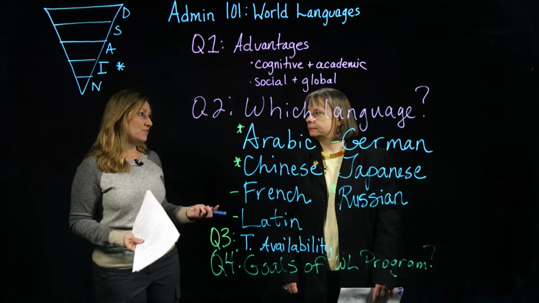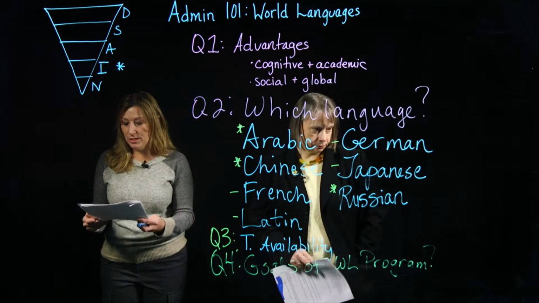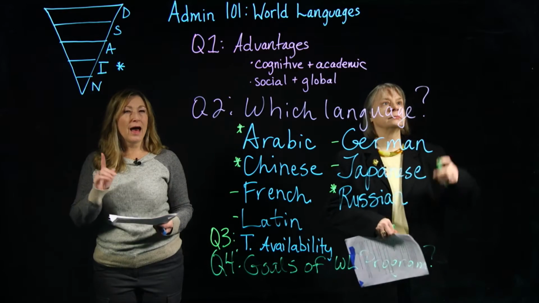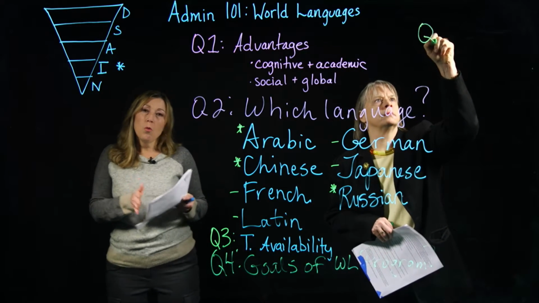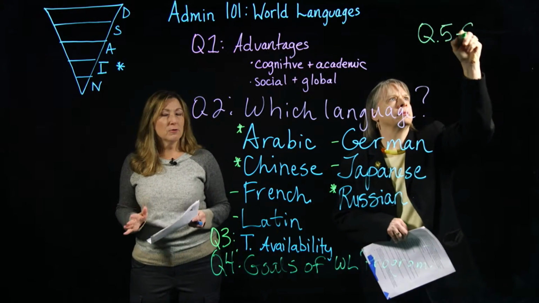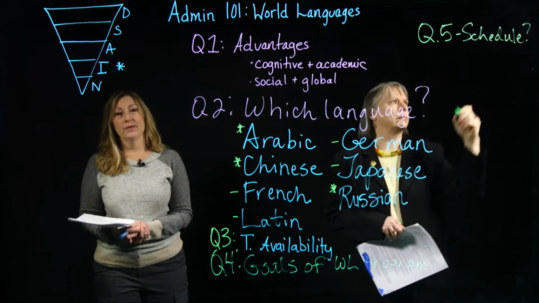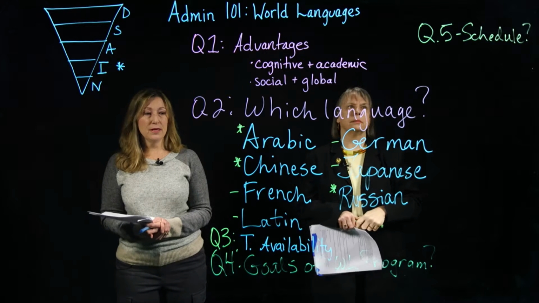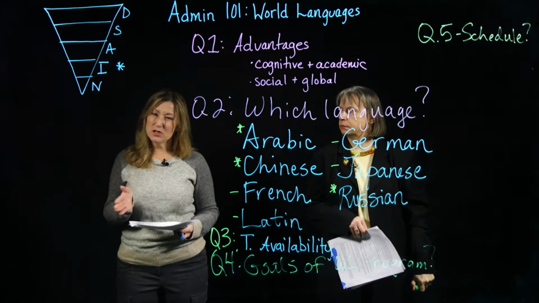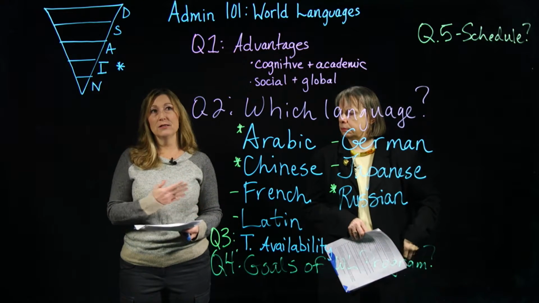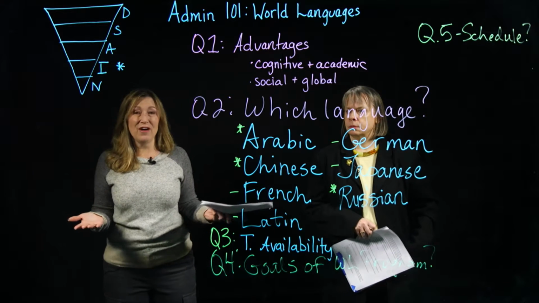And that gets us to our fifth question. So our fifth question is your school schedule. How will the schedule you have at your school work with language learning? And real quickly, I'm just going to go through these. If you are a K through 5 administrator, and you're thinking of maybe languages being in a special rotation, thus the students will get the language once every 5 days.